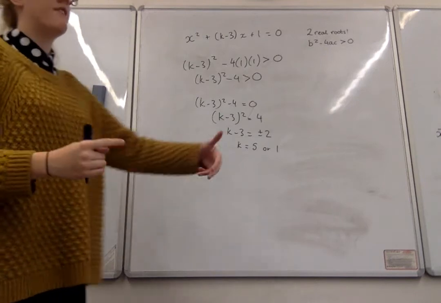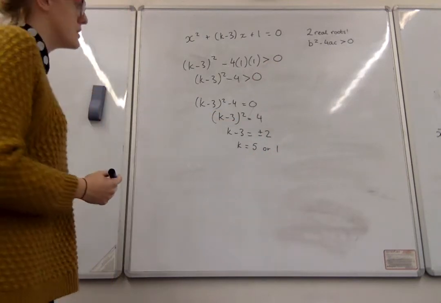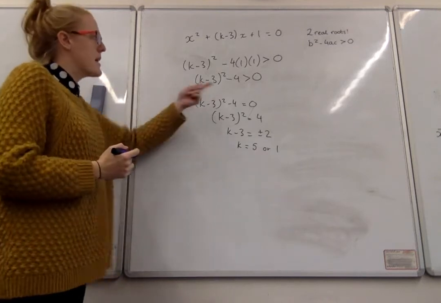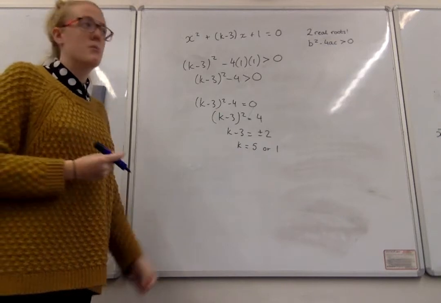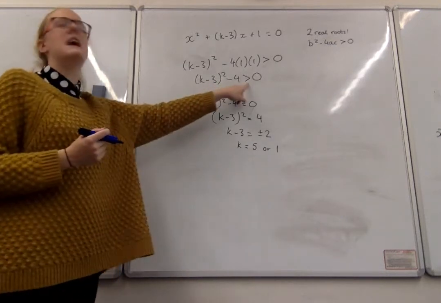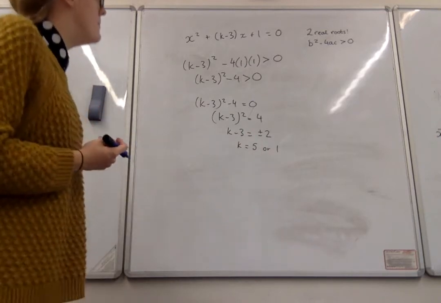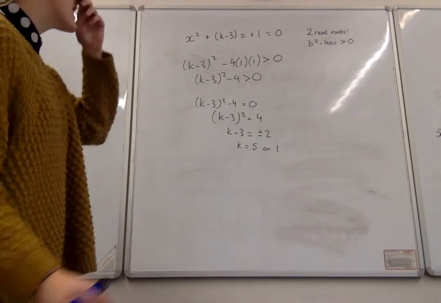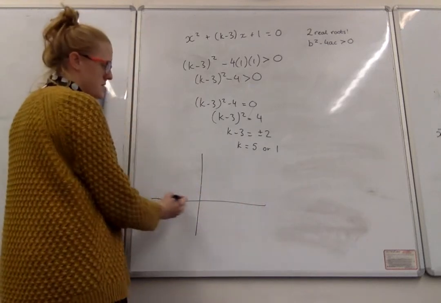K can't be bigger than 5 and bigger than 1, because that just implies that it's bigger than 1. It makes no sense to us. So we have to understand that quadratics react differently than a linear equation would when solving them with an inequality. We can't just pretend that this is an equal sign and put it back in later like we can with linear ones. So we need to consider that yes, although when it equals 0,